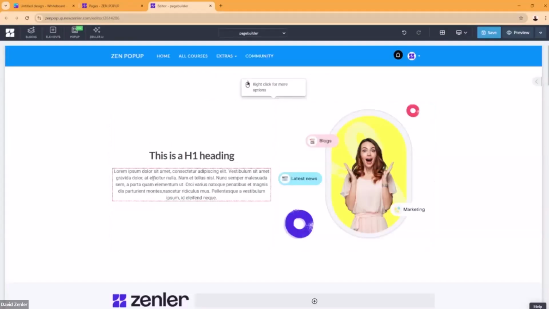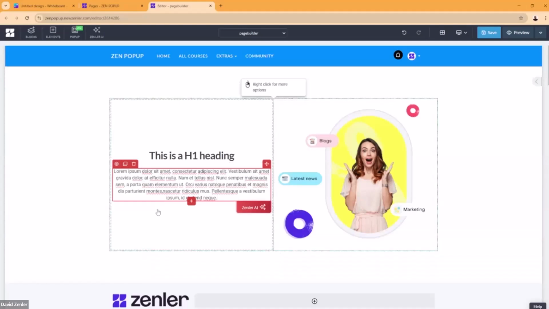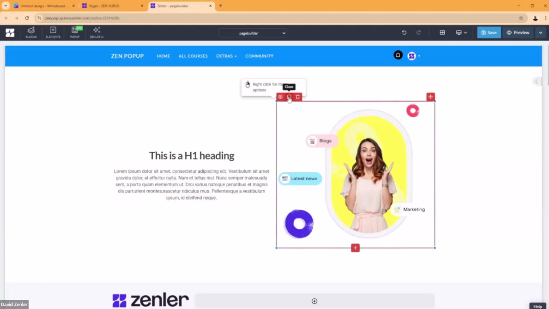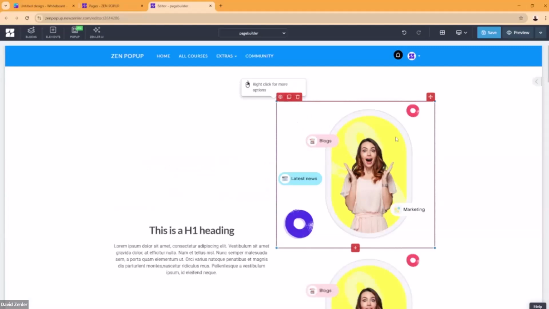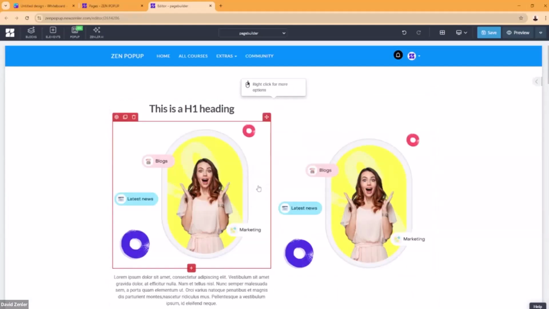Okay. So the next thing we've got is clone. And I use clone. I don't know if you do, guys, but I use clone all the time. I'll create a cloned object and then I'll drag it into a different area. The reason I do this is I might spend a lot of time formatting a block into the right text, into the right size, into the right color, and I want to duplicate it. So duplicating is really cool. So if I take this, for instance, I can duplicate this block out and then I could drop it into there. Okay. So cloning can be really good.